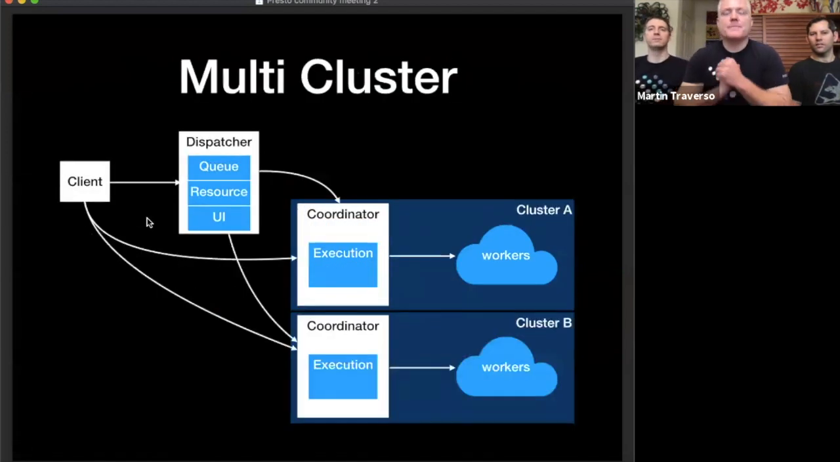Oh, there we go. So the way discovery works, each cluster needs to have its own independent discovery. So the coordinator and worker discover each other through discovery. So the question is, how does the dispatcher find the coordinators? The initial plan is to do something like we do in